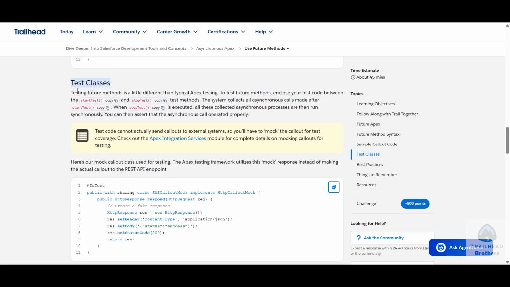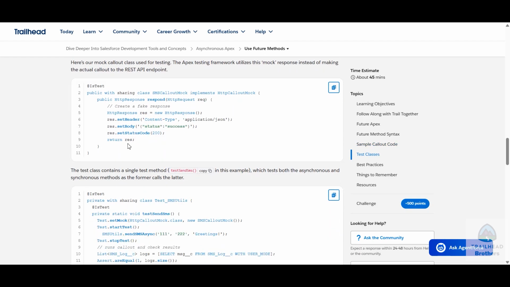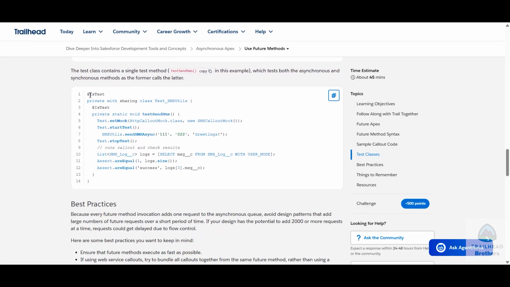We can also create test classes for the future method. To test the future method, first we have to create a fake web API call in the system. We call this HTTP callout mock. So this is what we are doing here. We are creating a fake API call, and based on the fake API call we are creating a test method. In here we set the fake API call with the future method,